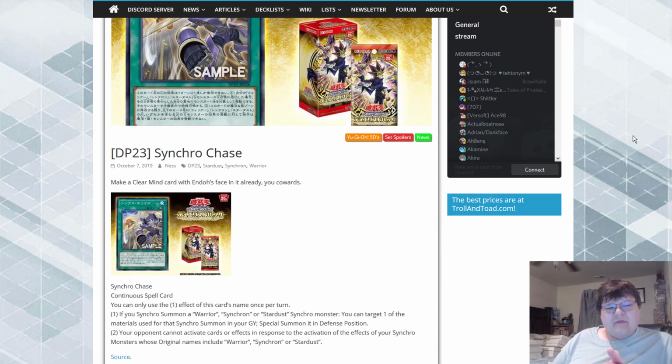But also, this is good synergy for Synchron, at least being able to revive additional pieces. Shooting Quasar just got a little bit more consistent, but to be fair, there's not really a lot you can do in the year 2019 for that pile of bricks. Next up,